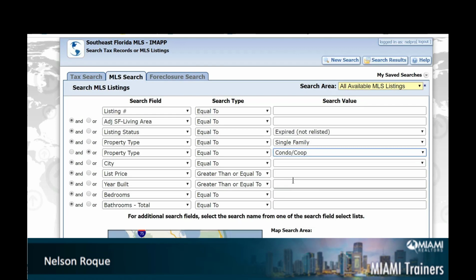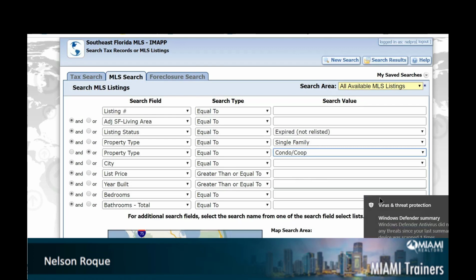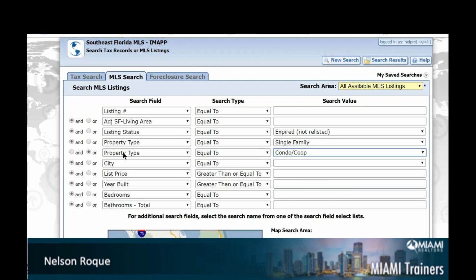And the system will allow you to look for listings that have expired that happen to be single, condo, or co-op. If I wanted to have another one at any time, all I had to do is repeat the same word, property type, put a little dot, and you can select another type of property. Now, as we all know, when you play in the